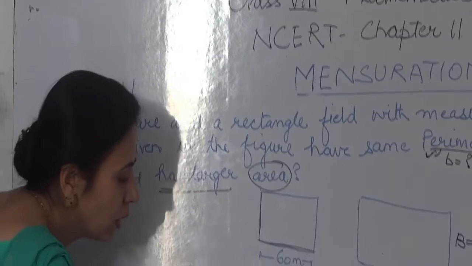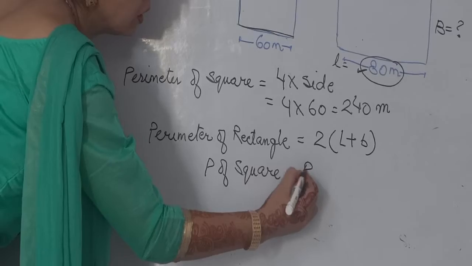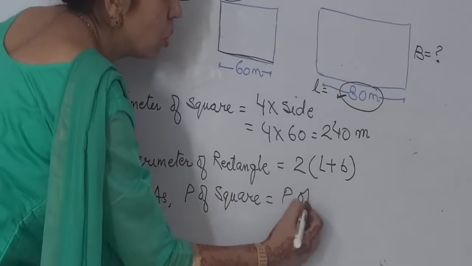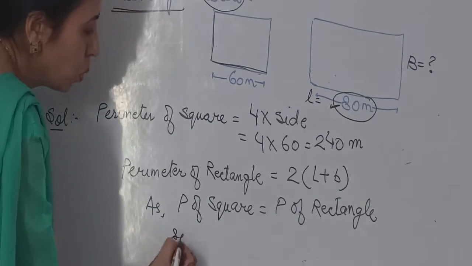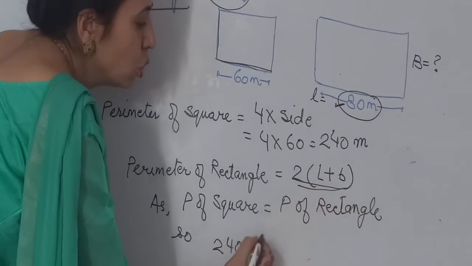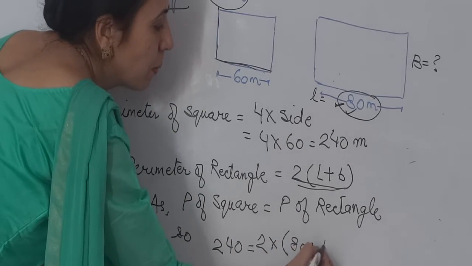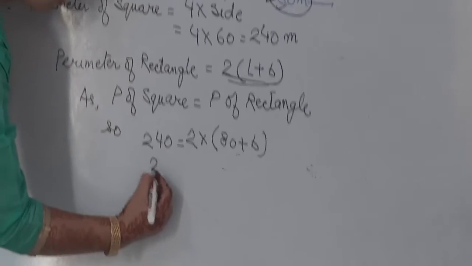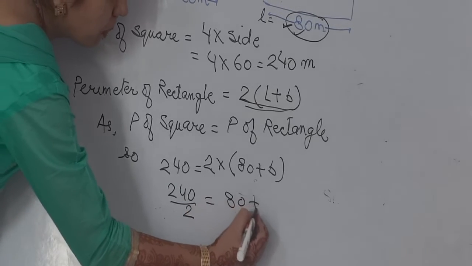Now further we know that perimeter of square and rectangle are equal. So we write as perimeter of square is equal to perimeter of rectangle. So 240 is equal to, put this formula, 2 multiply, what is the length? We write 80 here plus breadth. So what is unknown here? Breadth is unknown. First thing, you bring 240 upon 2, you bring 2 there, is equal to 80 plus breadth,